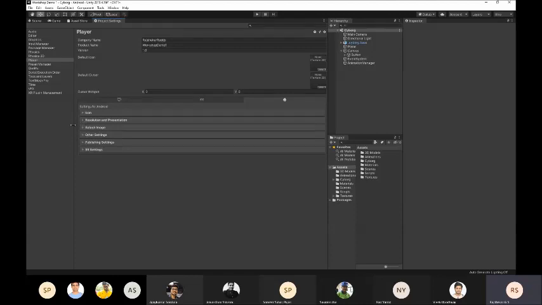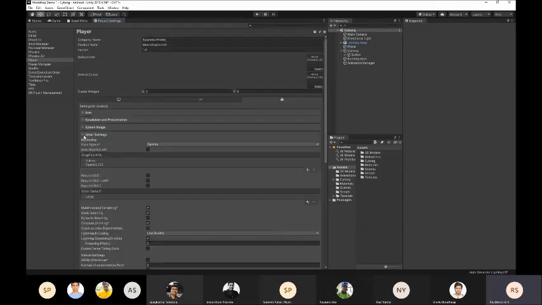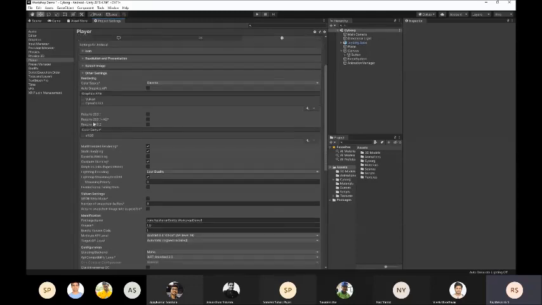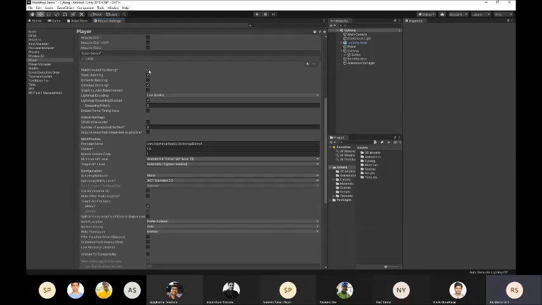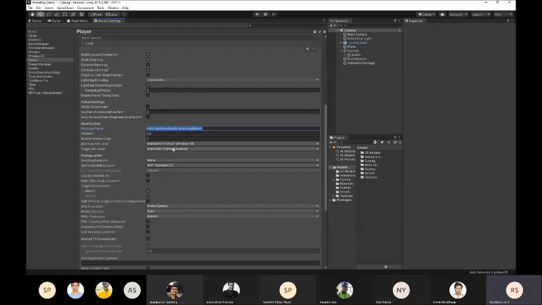But the most important one is this other settings. Here you can see all the graphic APIs your game is going to use. Right now it's configured to use Vulkan as the top priority and OpenGL ES3 as a second priority. And you can choose the color space here. And if you come down, you can see this is the most important one. Your package name has to be populated, or else the app won't run on your phone. Right now it's basically com dot your company name, dot your product name.